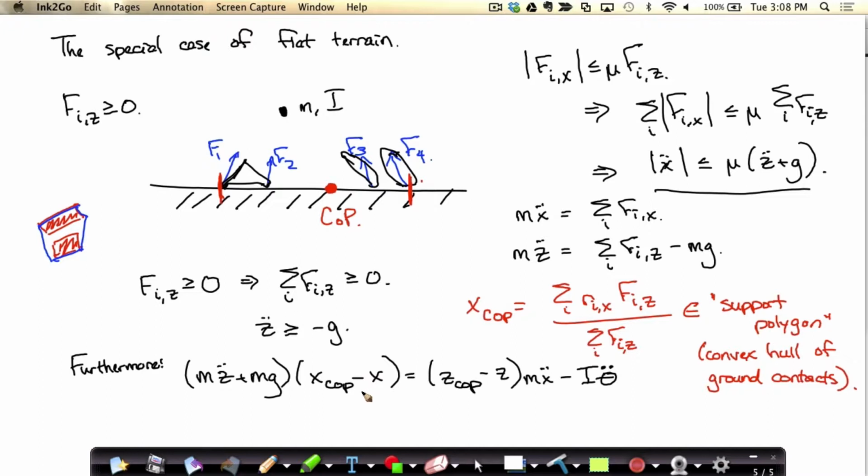The way that comes out, the way you derive that, is by understanding that there's a point on the ground where you can describe all these forces as a vector and a moment. And the point where that moment is zero, this is the zero moment point. So this is really the zero of a cross product. This is because the COP